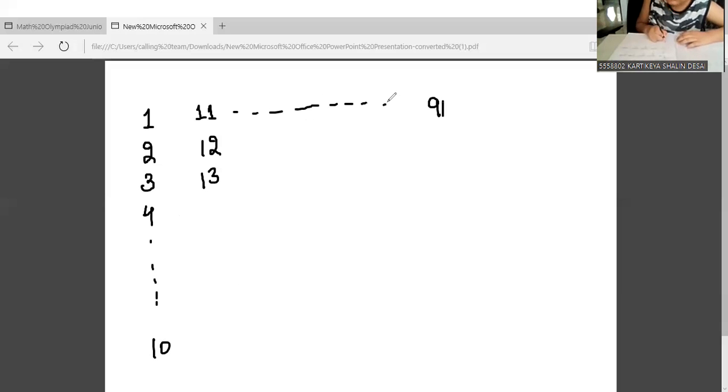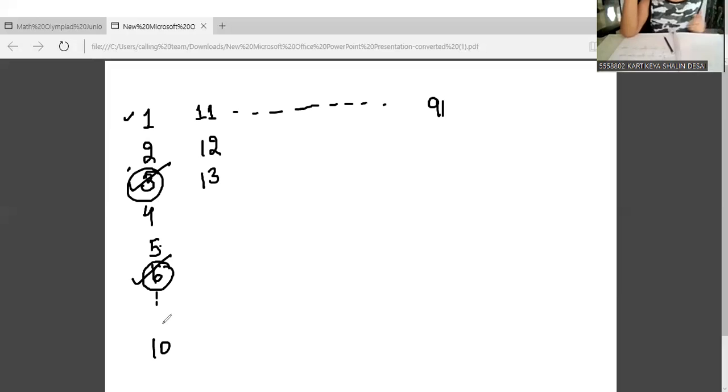Guys, can you say that every third number will be divisible by 3? Yes. That is the meaning of table. We do tables, no? So every third number will be divisible by 3. You can see this: 1, 2, 3, 4, 5, 6, 7, 8, then we'll get 9. This is how we write table. Every second number is divisible by 2. Every fourth number is divisible by 4 and so on.